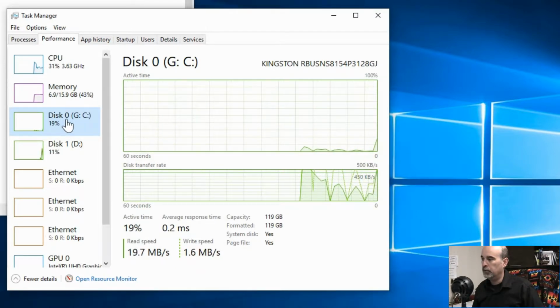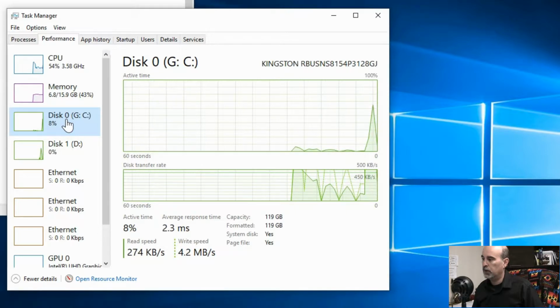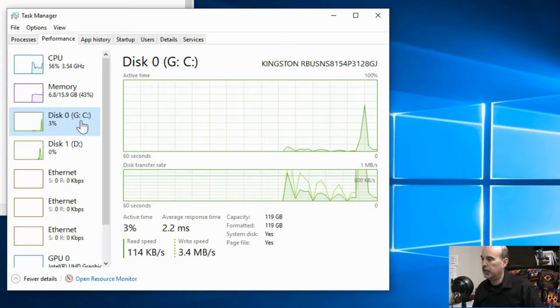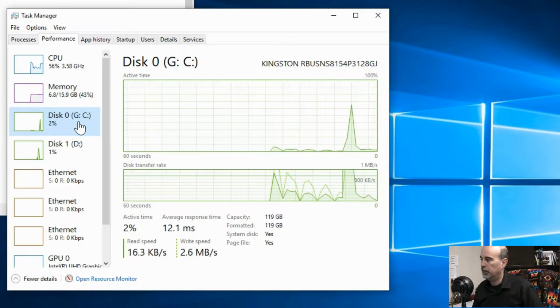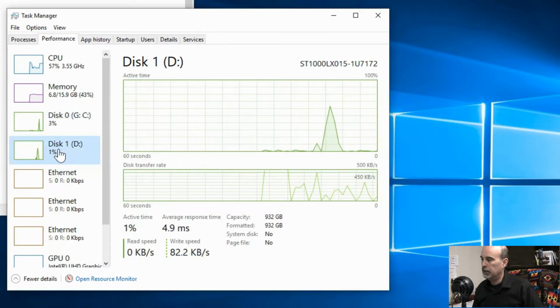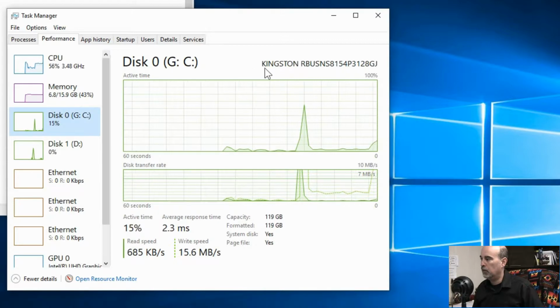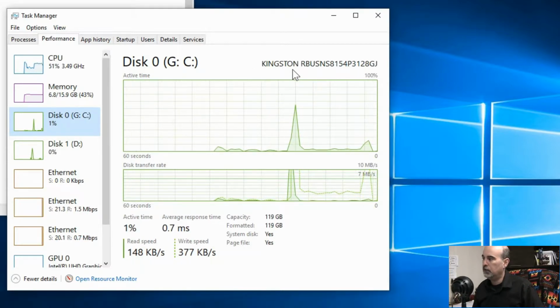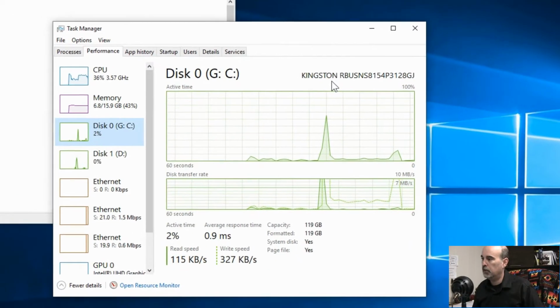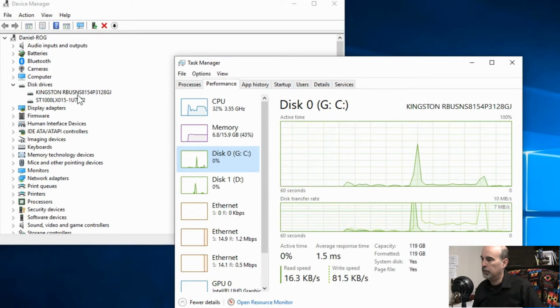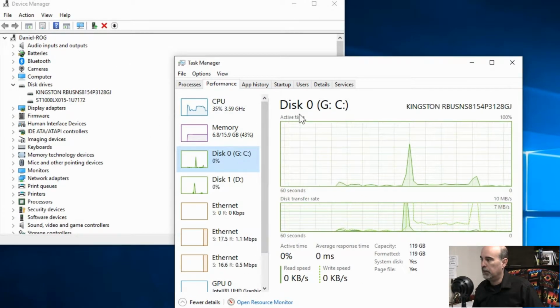It shows the CPU and memory, but if you look at the hard drive, here we've got disk 0, which is usually your main operating system drive, and it should say C on there. In my case, it's also got another drive letter. But then there's the D drive, disk 1, so that's my second drive, and it's good to test them both. With the first one highlighted, you can see it says Kingston, so I know that that Kingston drive we saw over here is my main drive, and that happens to be a solid state drive.